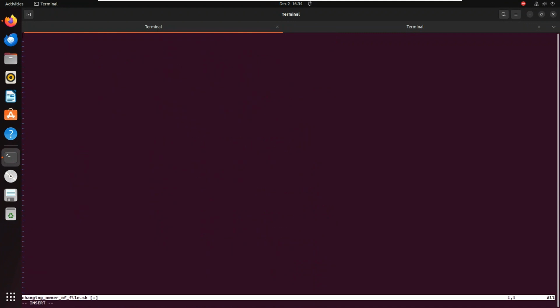So how to change? #!/bin/bash, read -p, enter the file name, file; read -p, enter file owner name, owner; if [ -f $file ]